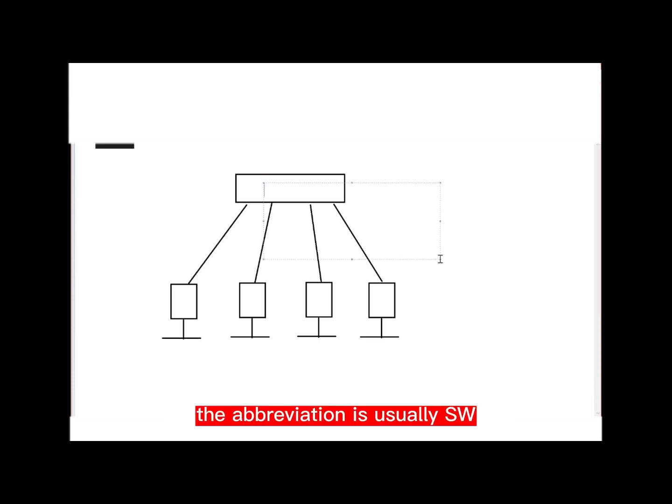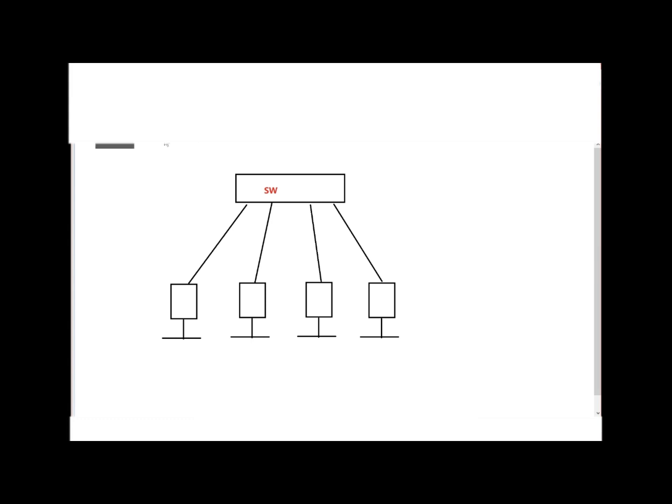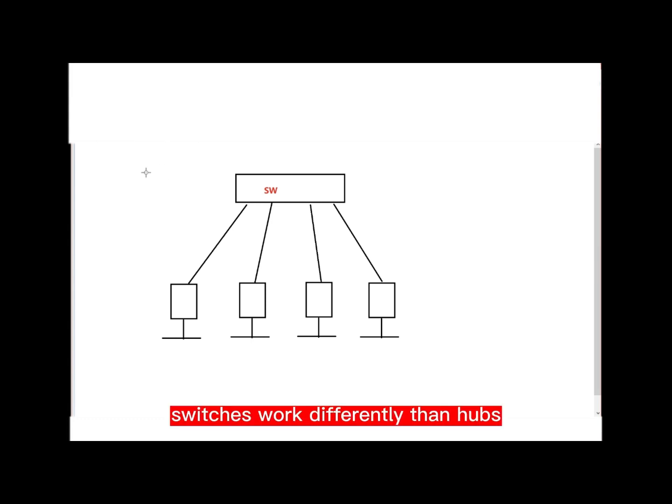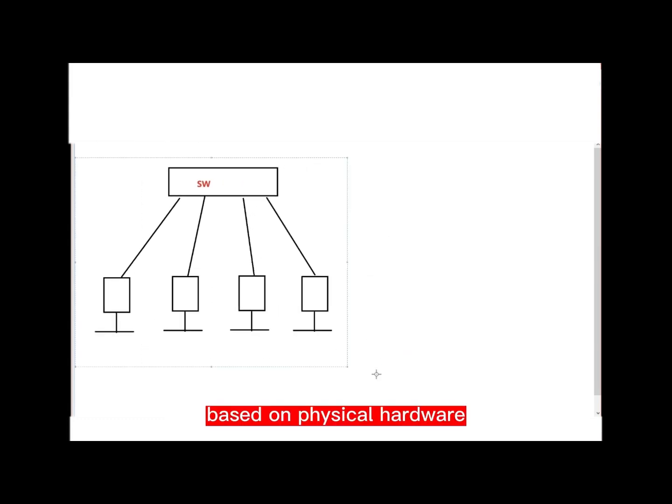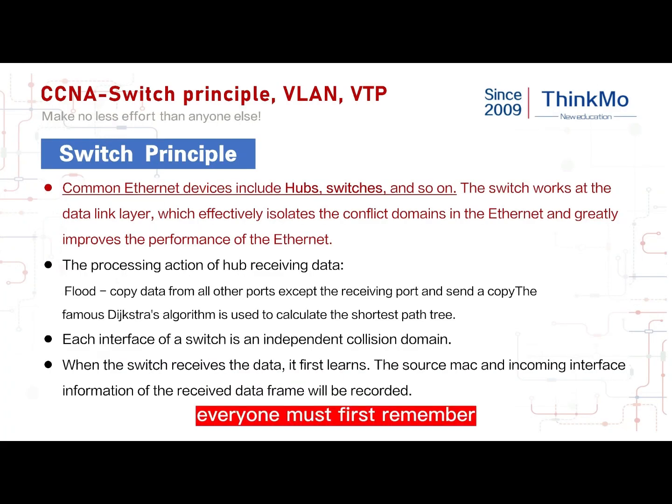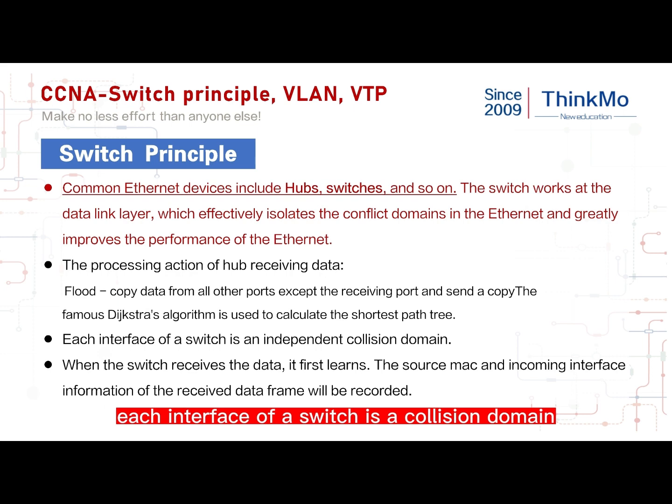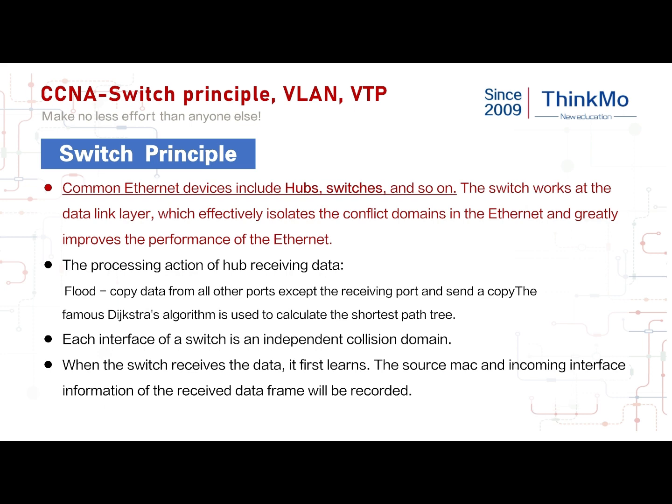The abbreviation is usually SW. Switches work differently than hubs, based on physical hardware. Everyone must first remember: for switches, each interface of a switch is a collision domain. Different interfaces